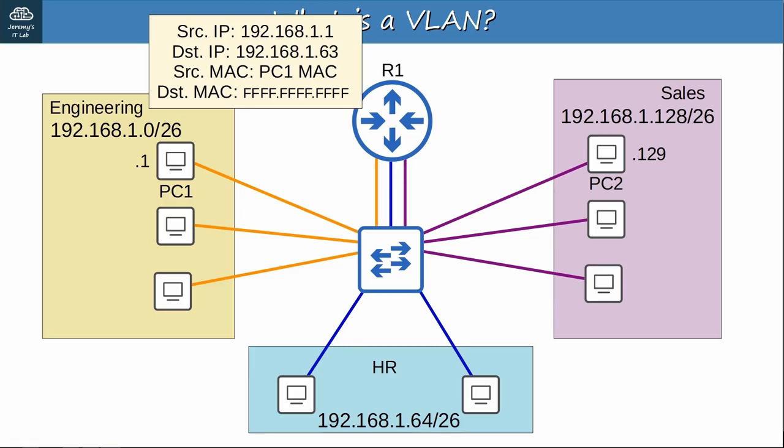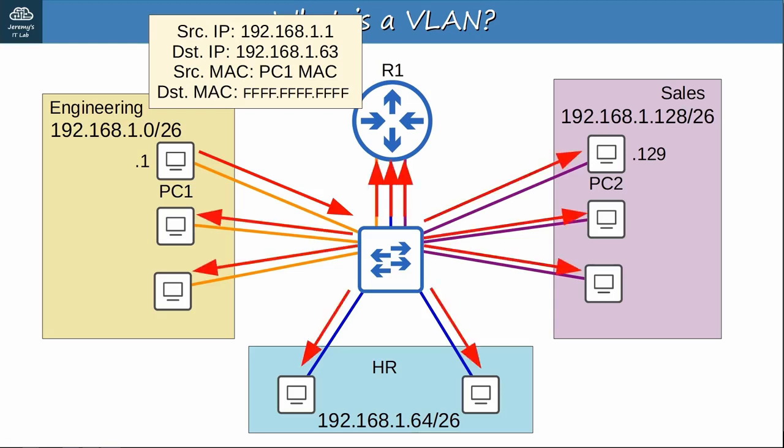Where is the problem? Well, remember that a switch is only aware up to layer 2. It looks at layer 2 information like source and destination MAC addresses only. It doesn't care about layer 3, 4, etc. So, even though there are 3 separate subnets here, the switch doesn't know that. PC1 will send the frame to the switch, it will see the destination MAC address of all Fs, and then flood the frame. I'll say it again. This is bad in terms of both network performance and security.